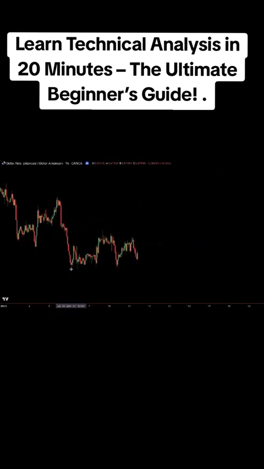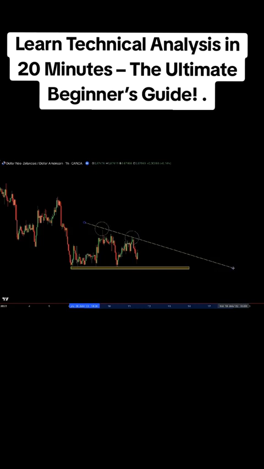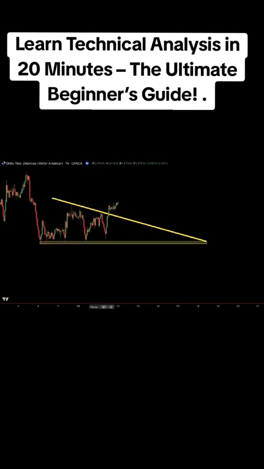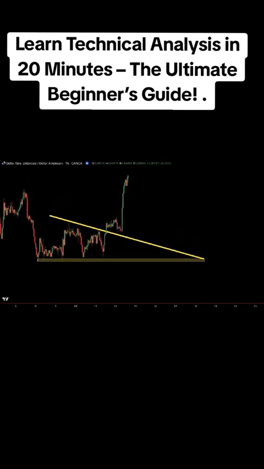A descending triangle is a chart pattern used in technical analysis, created by drawing one trend line connecting a series of lower highs and a second horizontal trend line connecting a series of lows. A regular descending triangle pattern is commonly considered a bearish chart pattern or a continuation pattern with an established downtrend. However, a descending triangle pattern can also be bullish, with a breakout in the opposite direction, and is known as